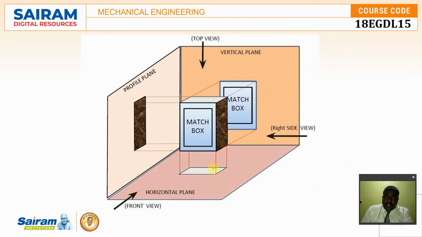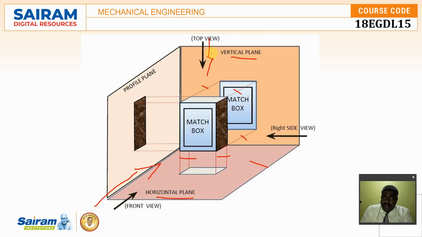So if I take this as the plane, when I observe from the front, this is the object, and the projection will be done parallel. You can see that these lines are parallel to the horizontal plane. When you observe from the top, the projection lines are parallel to the vertical plane and perpendicular to the horizontal plane. So the front view will always be drawn on the vertical plane. The top view will always be drawn on